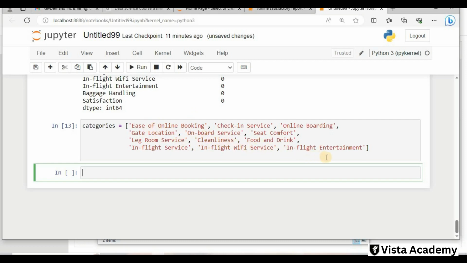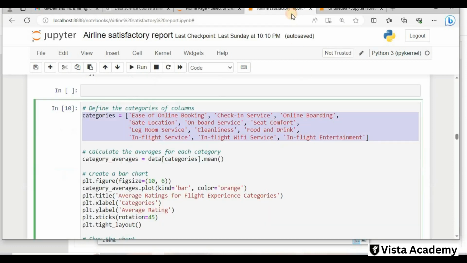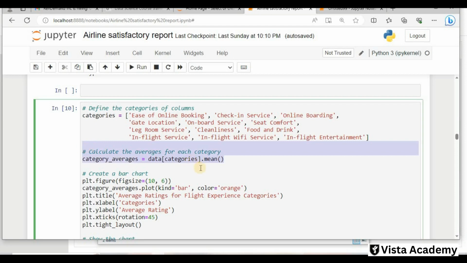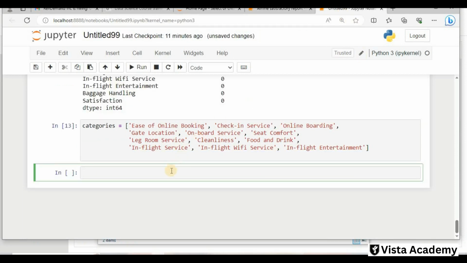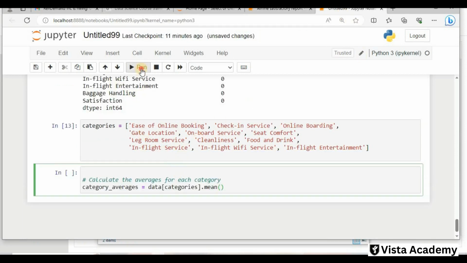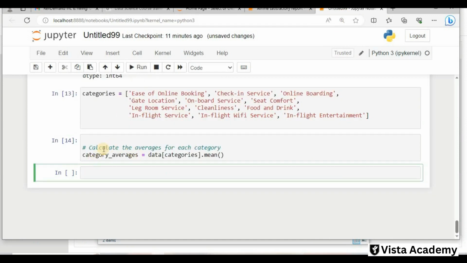Now we have a group here, and now we can take a mean of these groups. When we take a mean of them, we can get an average rating from each of them. To create a mean, I will just take this and copy this now. Now we have created a mean. So category average, we have created a new variable, category average equal to data category dot mean.